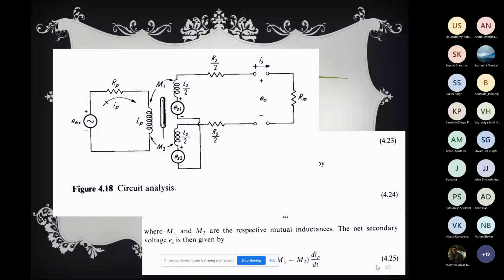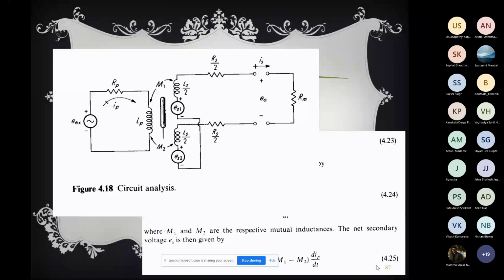And as you know, some excitation voltage is present in the primary, so there will be some induced voltage on the secondary. So ES1 is the induced voltage in the first secondary coil, ES2 is the induced voltage in the second secondary coil, and there is some voltmeter or voltage measuring device whose resistance is Rm. At the start, we consider that this Rm is infinity, so there is no load current Is flowing through it. Only the voltage, whatever is induced, E0, is the difference of the voltages as we have connected. So we can measure E0 without any loading effect.